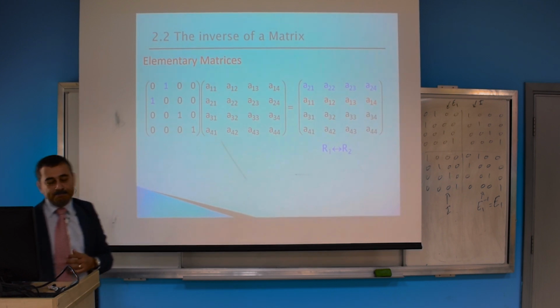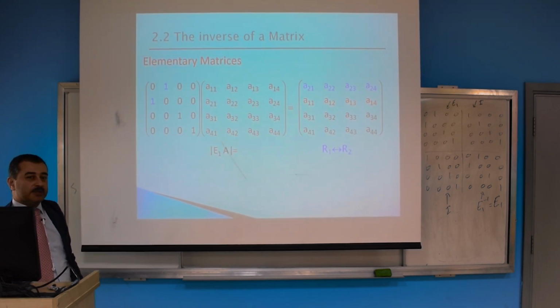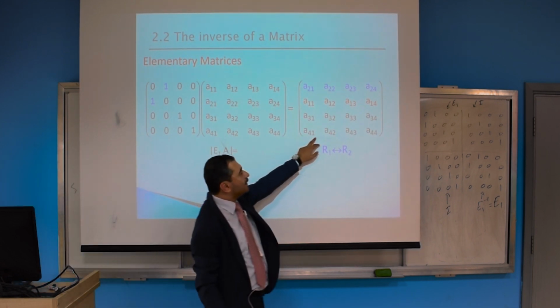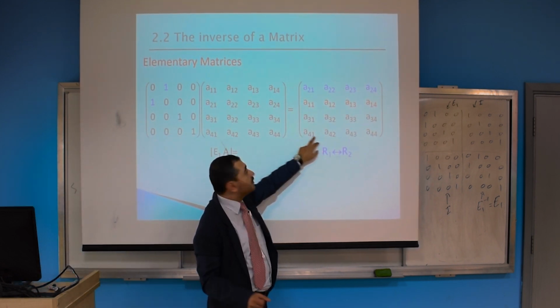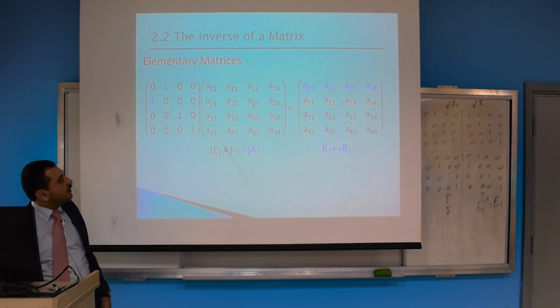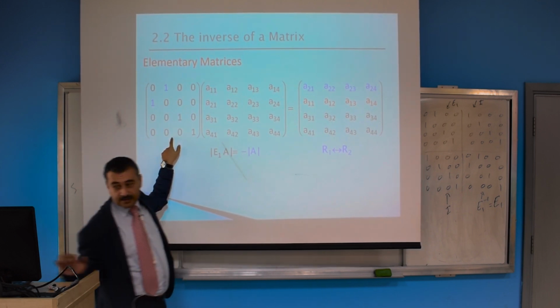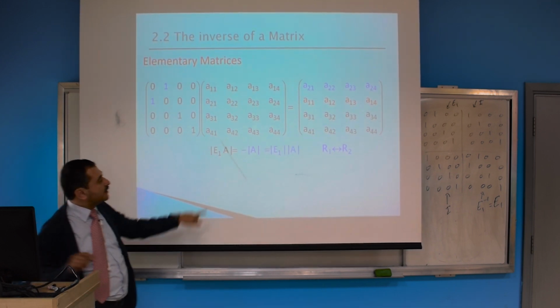هجنرالايز الكلام ده. Let's see what happens to the determinant of the product. What is the determinant of this guy? Negative the determinant of A مش كده؟ والنيجاتيف دي actually هي النيجاتيف 1 اللي هي determinant of the elementary matrix. So you can write it this way.